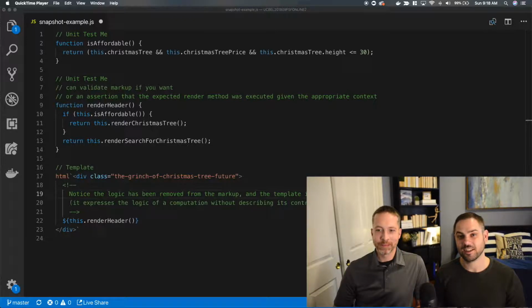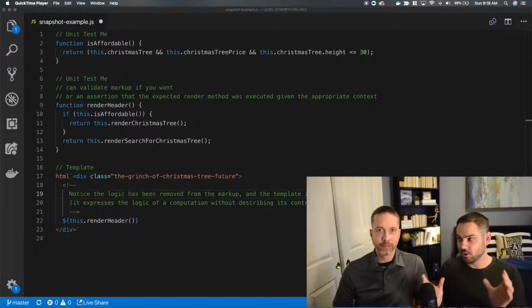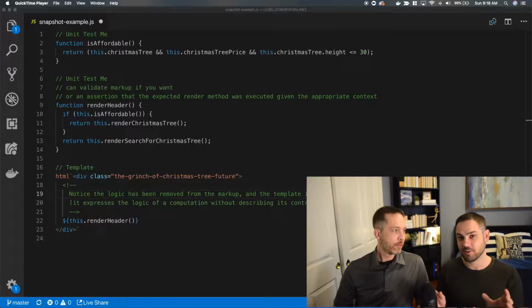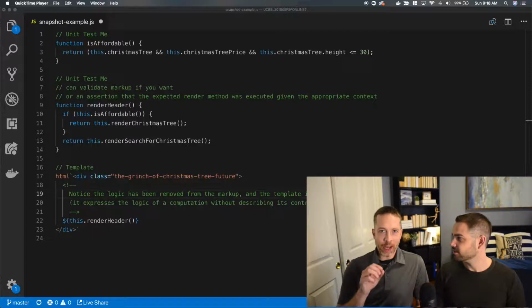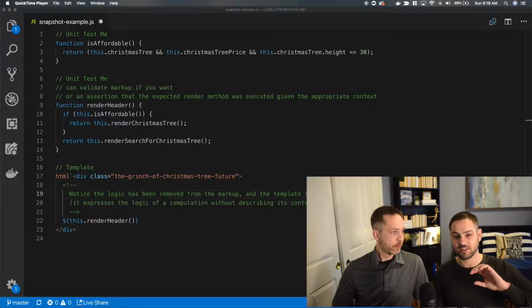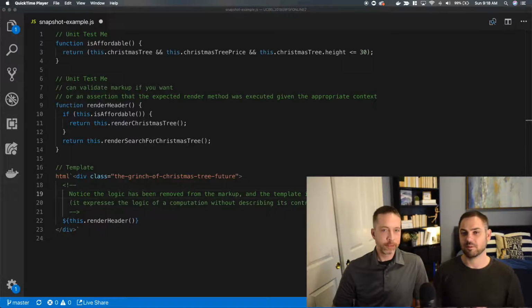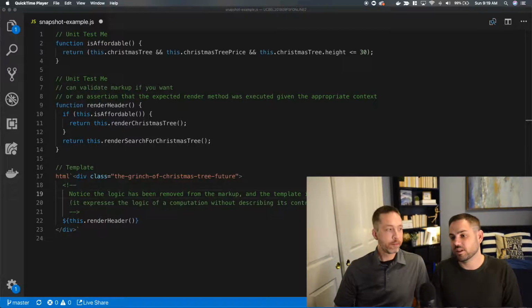If a function has if in it, you've got behavior and you've got two contexts. That means you've got two code execution paths that the computer could follow. Even if there's no else, just by adding if, there's one more thing that it could be. There's a state that it could be in and a state that it couldn't be in. Maybe state's not the technically correct word, but there's a path it could take, and there's another path it could take. That's really it. All I did was move the behavior out of the template, out of the markup,